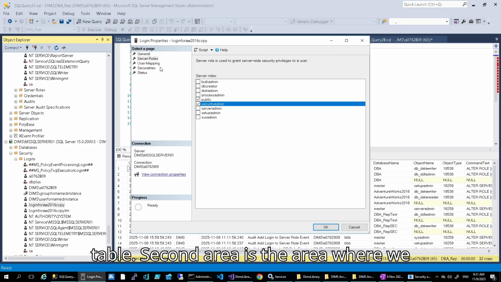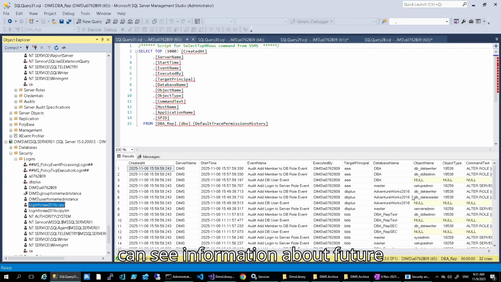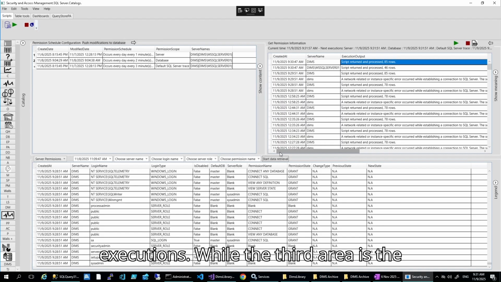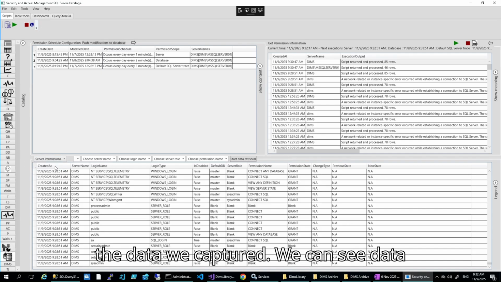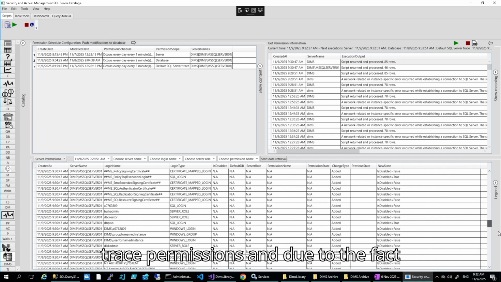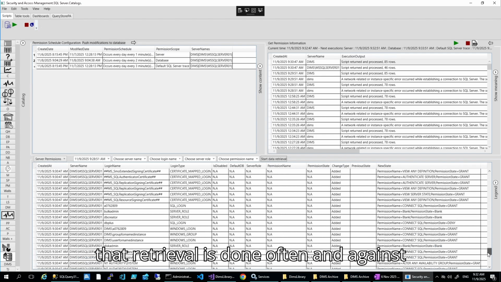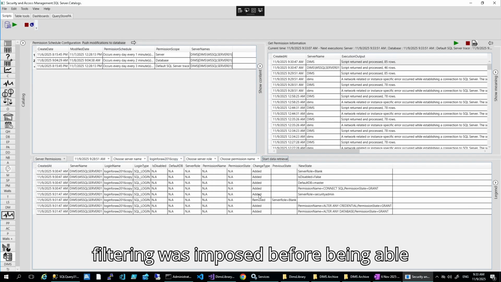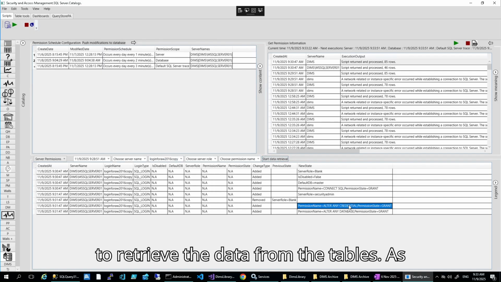The second area is the area where we can see information about future executions and logs of the previous executions, while the third area is the area in which we can retrieve and view the data we captured. We can see data captured for server, database, and default trace permissions, and due to the fact that retrieval is done often and against multiple servers and databases, a filtering was imposed before being able to retrieve the data from